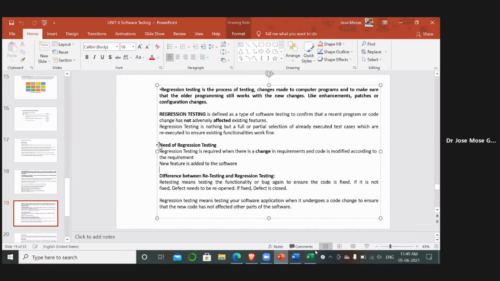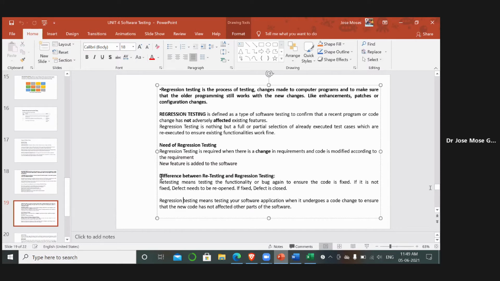There is a need for regression testing because every program that has been developed will not come at a particular instance. That means at a single shot it will not be developed. There will be several test cases, and several tests need to be passed. Once it fails, it needs to be debugged, and the program should be rebuilt. So regression testing will be done in the majority of cases after white box and black box.